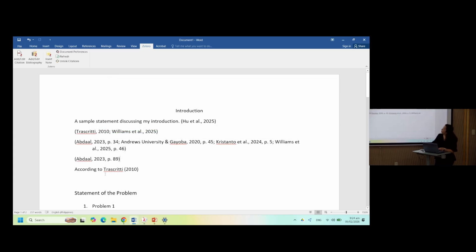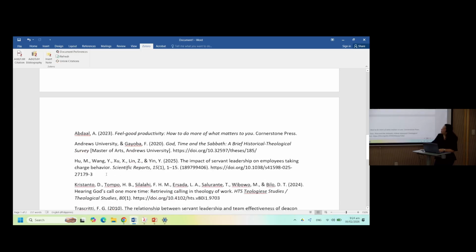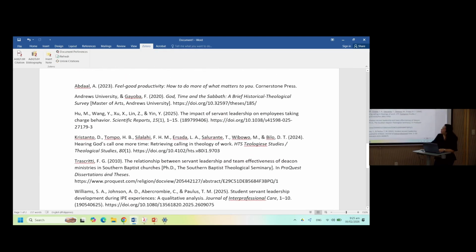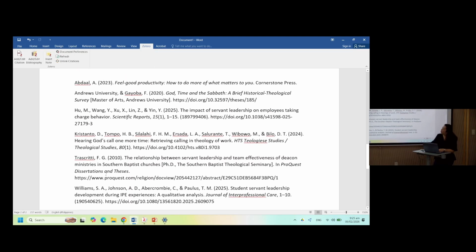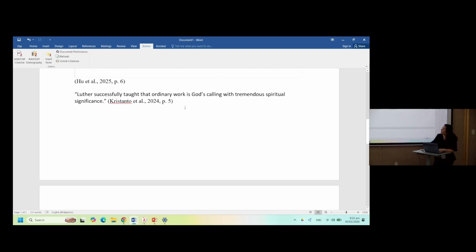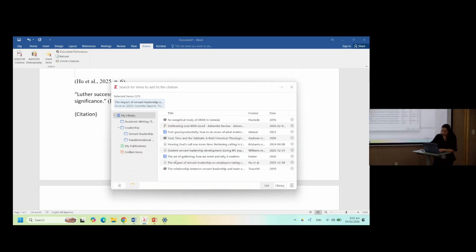There. And what's good about this is if you do add a resource, it will automatically add it in your bibliography. So say we haven't... I think we did add everything now, Parker.